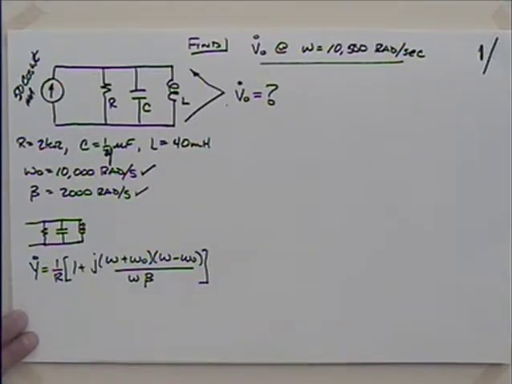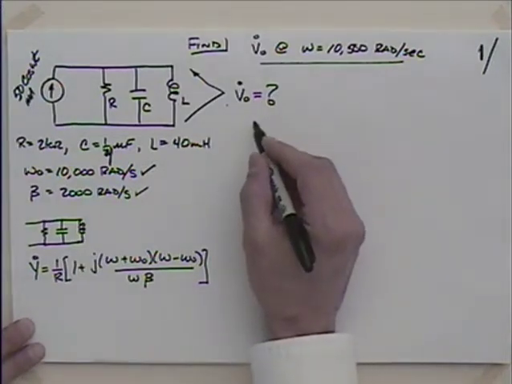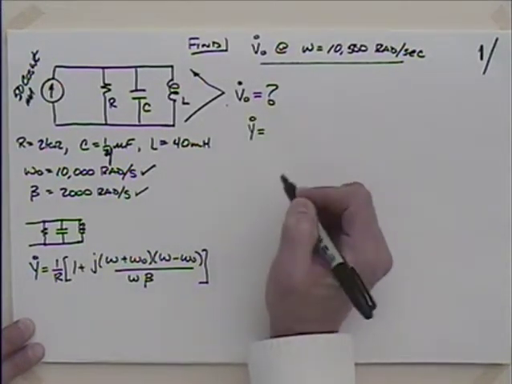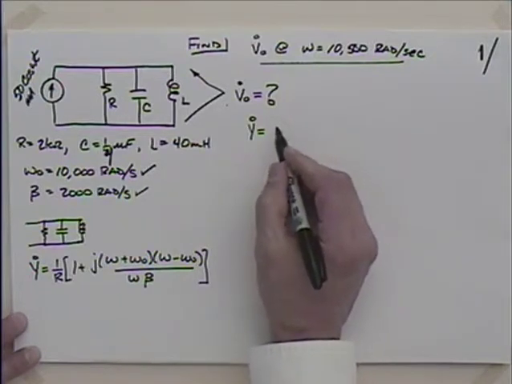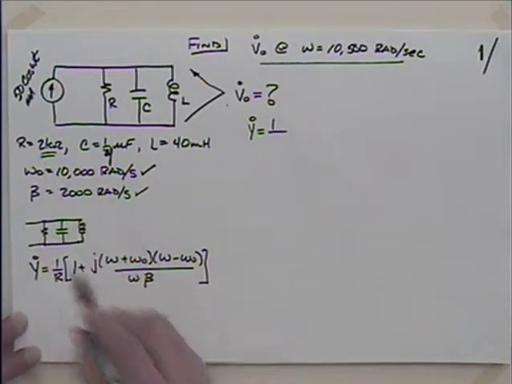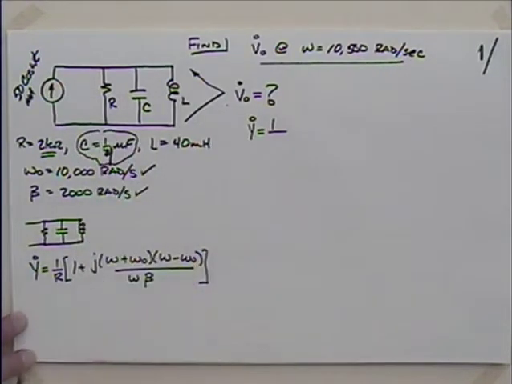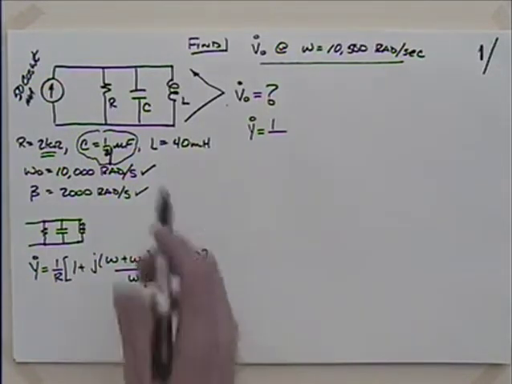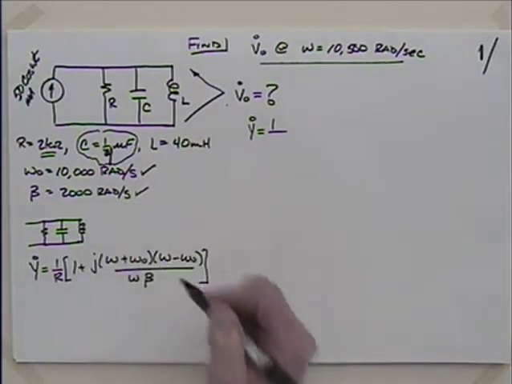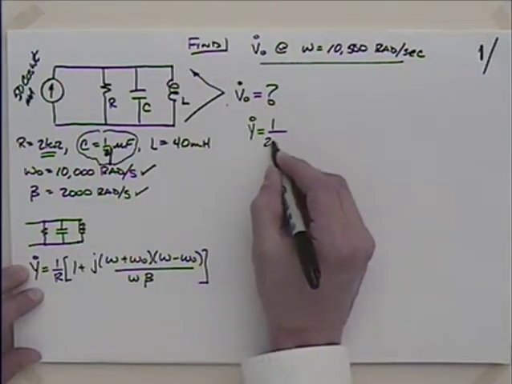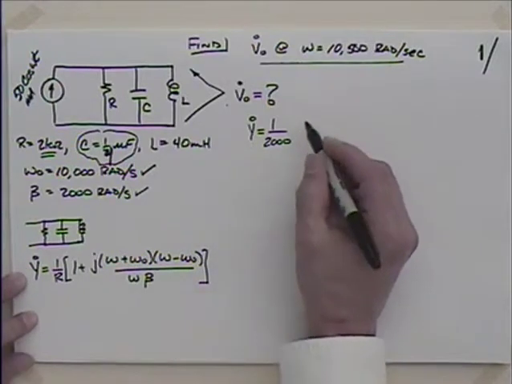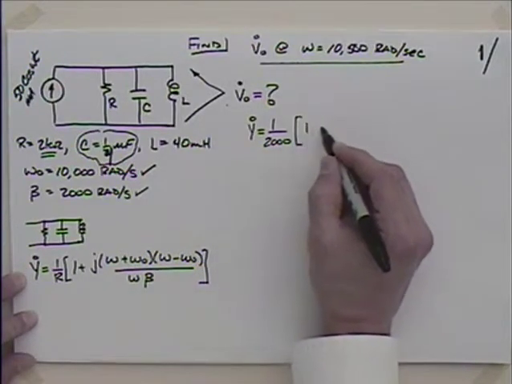So I'd like to use this for this particular problem and come up with the admittance here. So we could say that Y, the admittance, is 1 over, what was our resistance, 2,000. And remember last time we had a little bit of confusion on the capacitance. I started out with it being half a microfarad, then my numbers didn't line up, so I changed it to a quarter microfarad, and I have corrected that here, a quarter microfarad. So I have 1 over 2,000, because that's the resistance, times then 1 plus j,